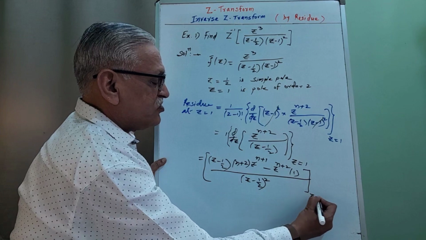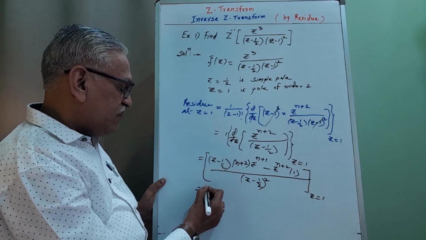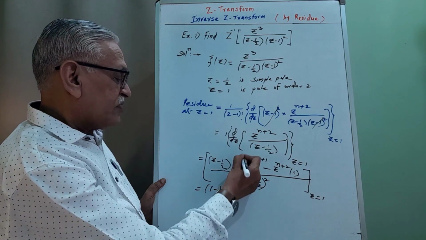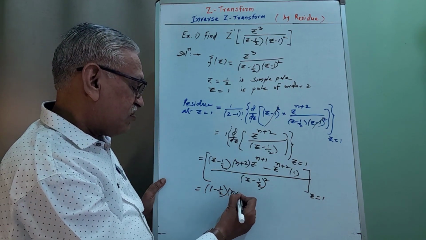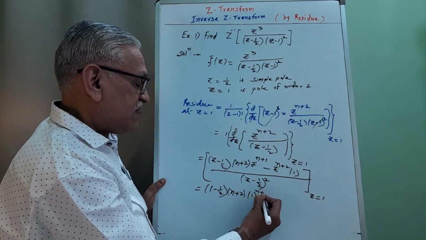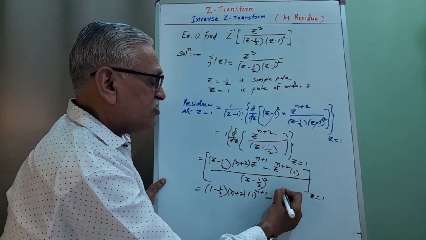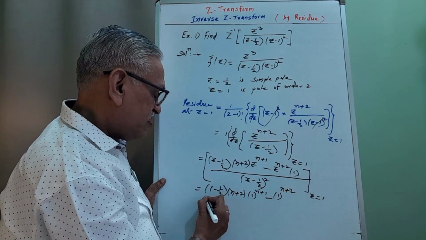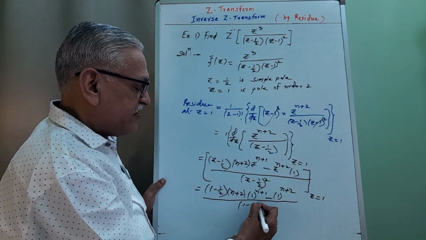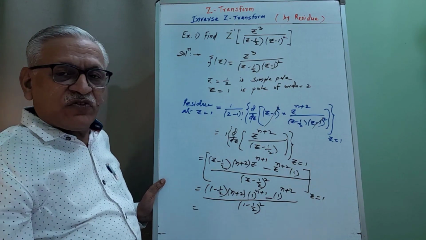And at z is equal to 1. Therefore, substituting the value of z as 1, we get (1 minus 1/2)^(n+2)... 1 raised to n plus 1 minus z is 1 raised to n plus 2, and whole divided by 1 minus 1 by 2 and its square. And therefore, it is equal to 1 minus 1 by 2 is 1 by 2